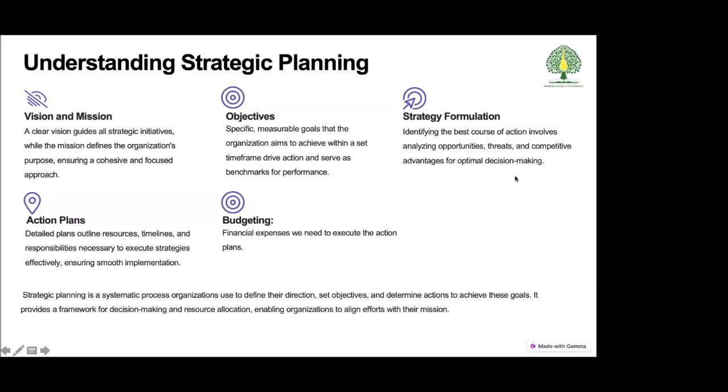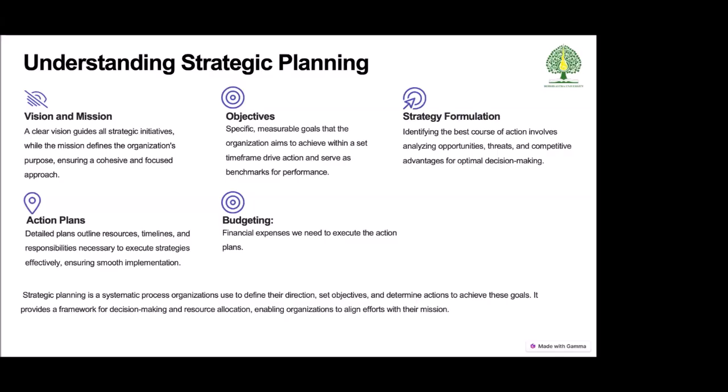Vision and mission, which guide strategic initiatives, establishing a clear vision, a long-term aspiration, and a mission, the organization's purpose. And about the objectives: specific, measurable goals that the organization aims to achieve within a defined time frame, which guide action taken and serve as